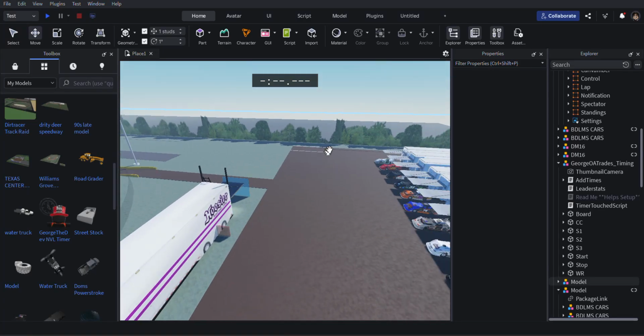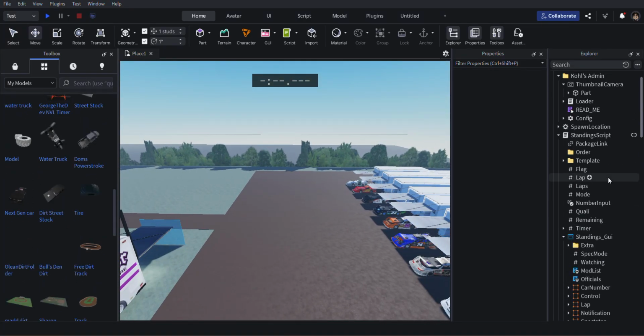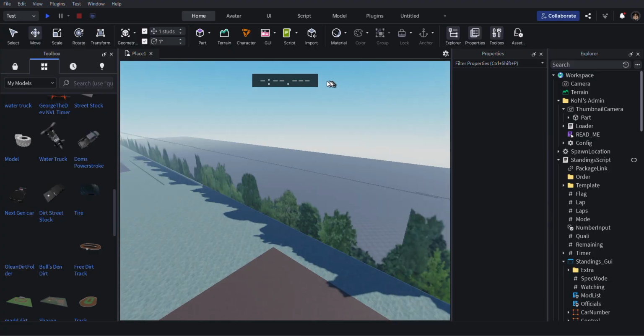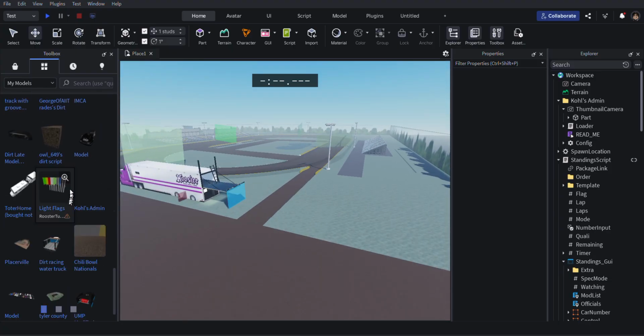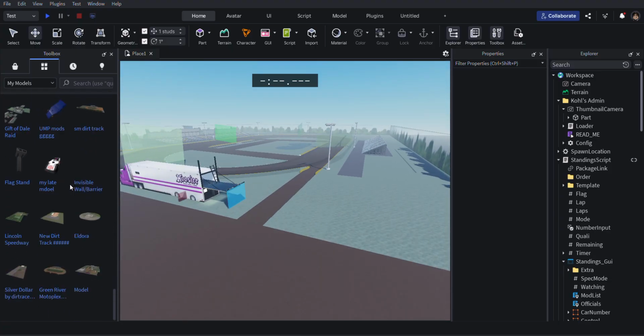Okay, so today we're going to be teaching you how to use the flow racing scripts in Roblox Studio. So first, you have to have